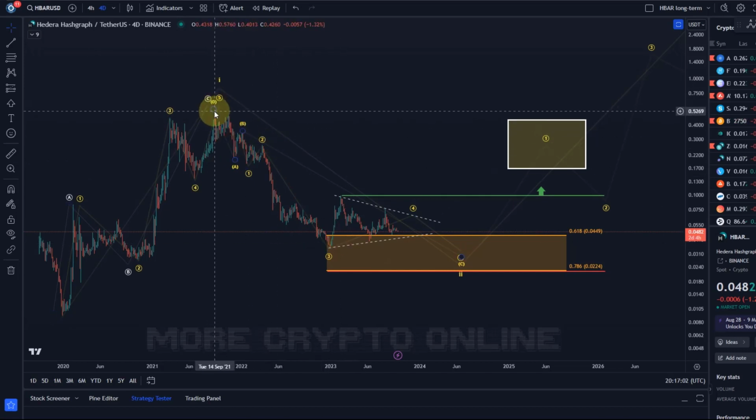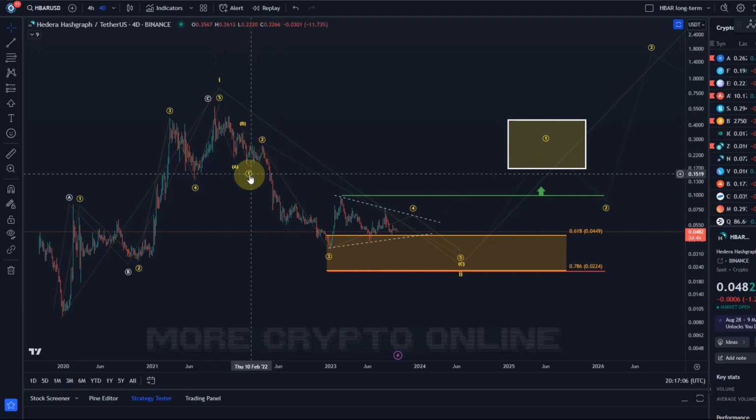I mean, you can see it. It's not a very clear A-B setup up here. So yeah, I don't want to say confused about this chart, but it's not a high quality long-term chart. Nevertheless, we want to give it the chance because we can count and recognize 5 waves up initially.